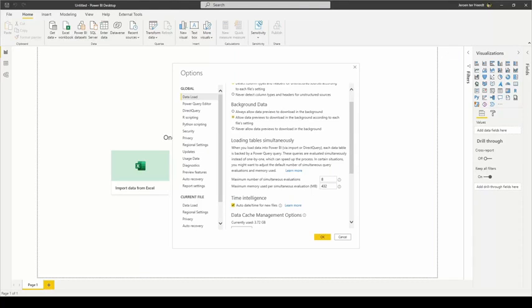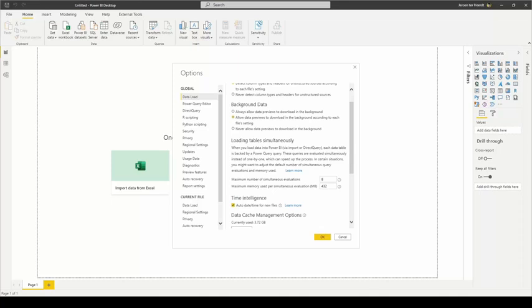However, in specific situations you might want to influence the behavior and change the defaults. For example, when the data import is taking too long, or if Power BI Desktop is taking too many resources to your liking. Until now, you could only influence these settings by making changes to the registry. But starting this month, we've added these two configuration options to Power BI Desktop, which you can find by going